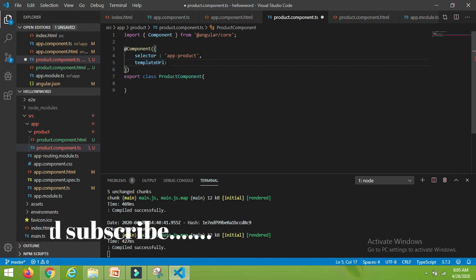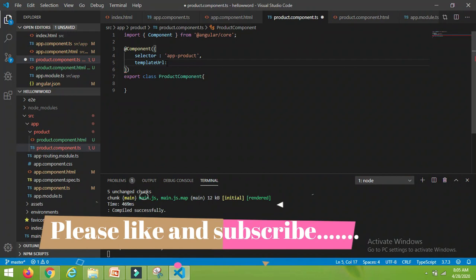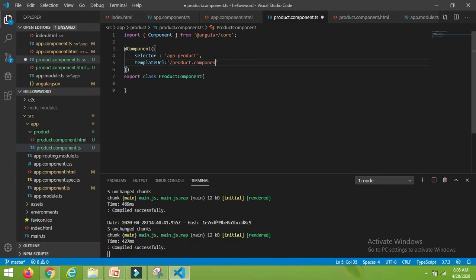So the path for the HTML file is nothing but product.component.html, enclosed in single quotes. Now the third one is styleUrls. This will be an array of style sheets. So guys, styleUrls is an optional field.